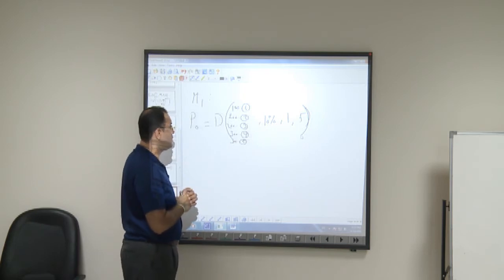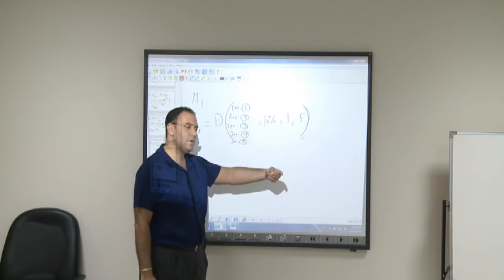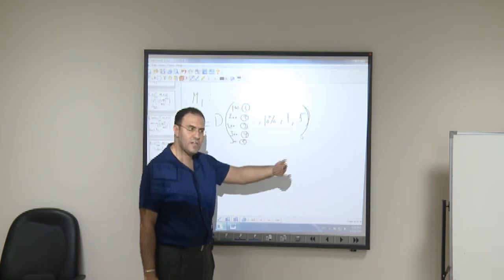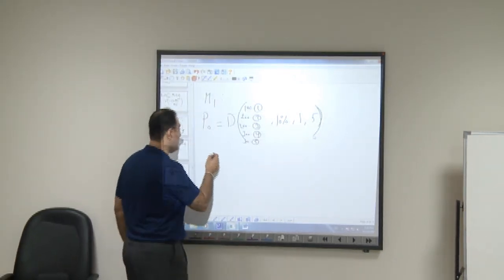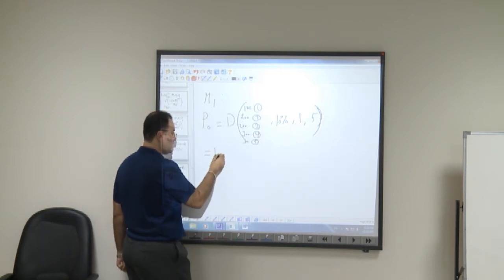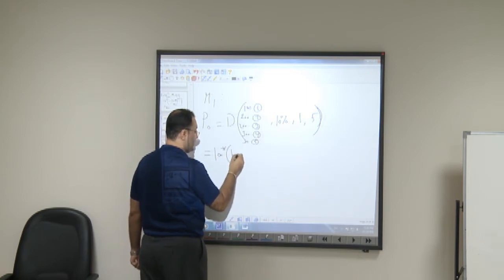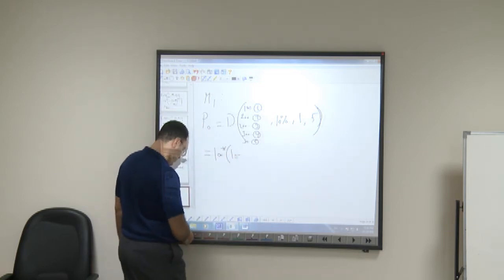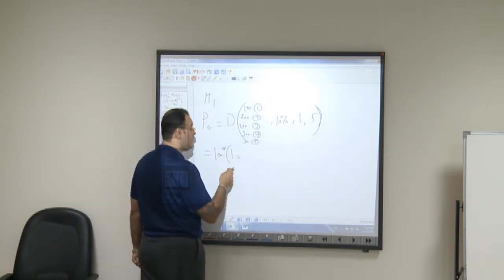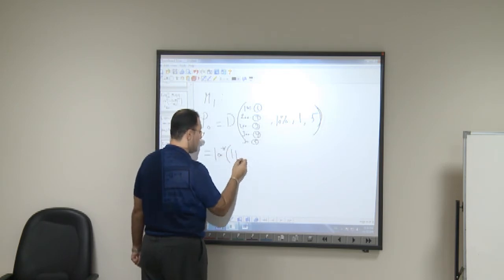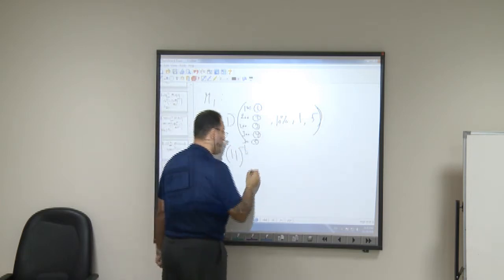We have to discount the 100 a year from now. So this is going to be 100 times 1 plus 10%, which is 1.1, to the power of negative 1. Bravo, negative 1. Plus